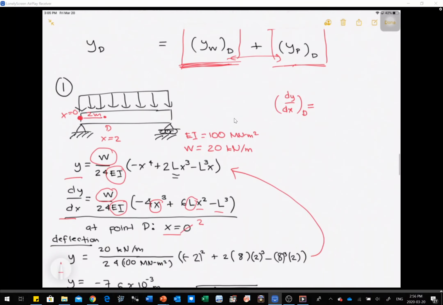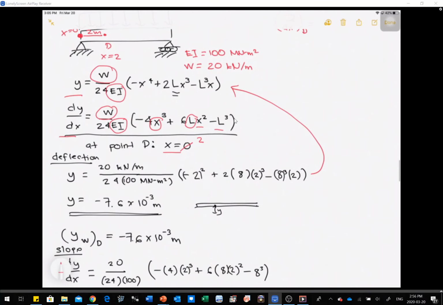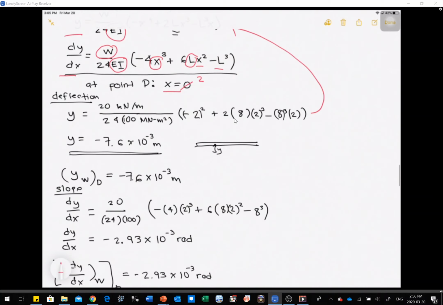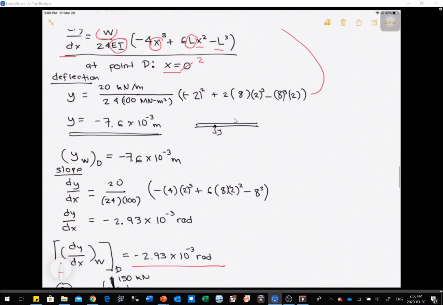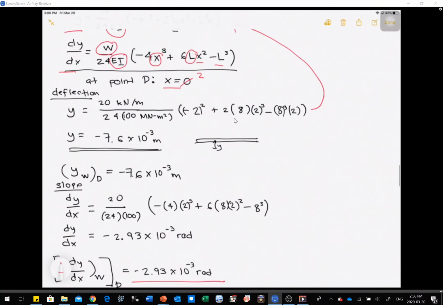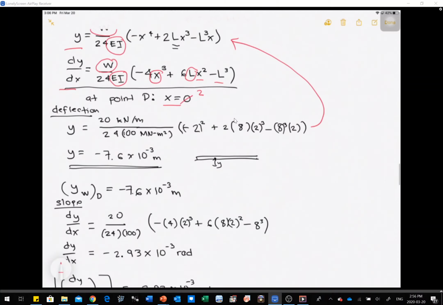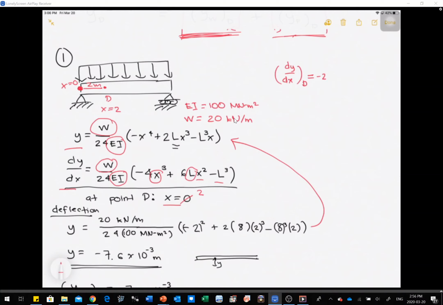So we said earlier that the slope of the beam is this right here. So it's negative 2.93 times 10 to the negative 3 radians,